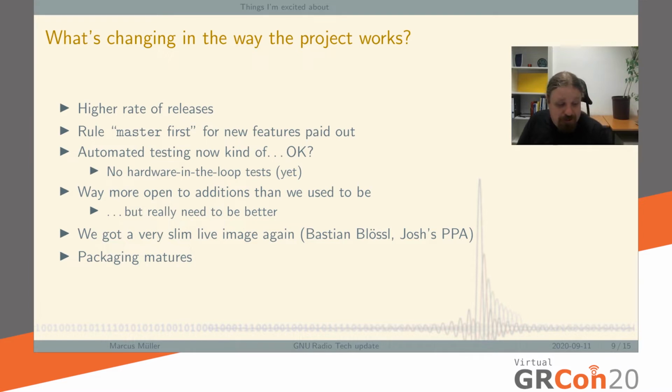So also what we just managed to do is we have a live image again. That was a commonly requested thing where I always had to decline and say, oh, I don't have one right now. I don't know whether I'll find a weekend to build one. Basti just went ahead and did that. And he did that based on just PPA. I'll go into what a PPA is and why that's important on the next slide, because the last point on this slide actually is that our packaging has made it easier to install things on more